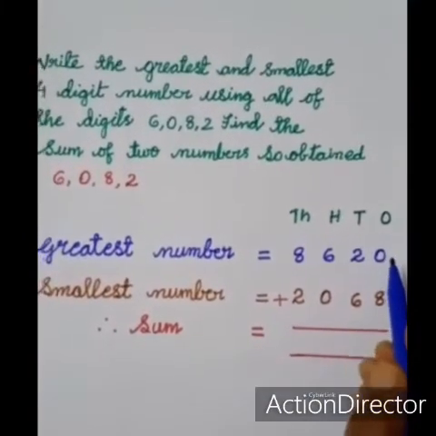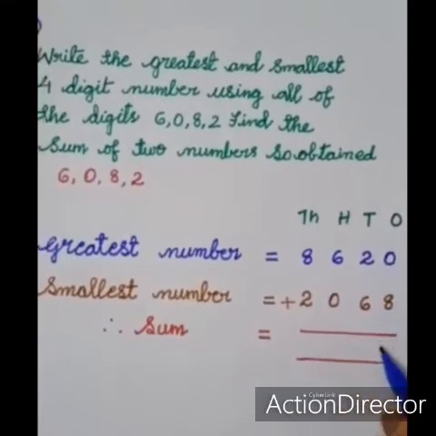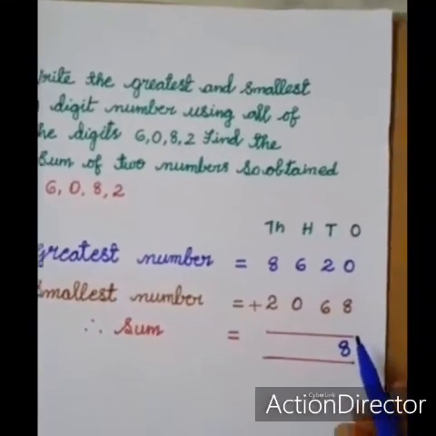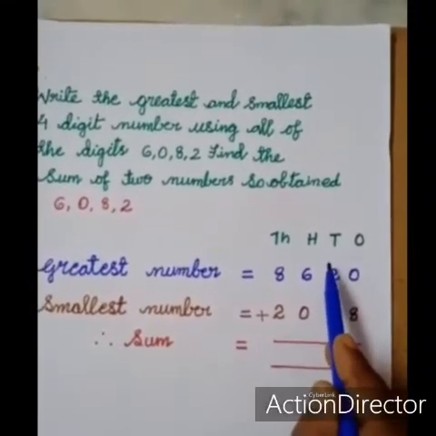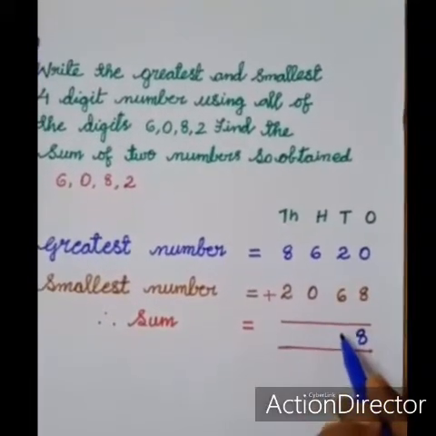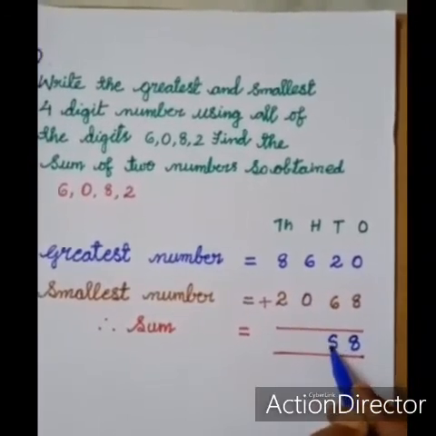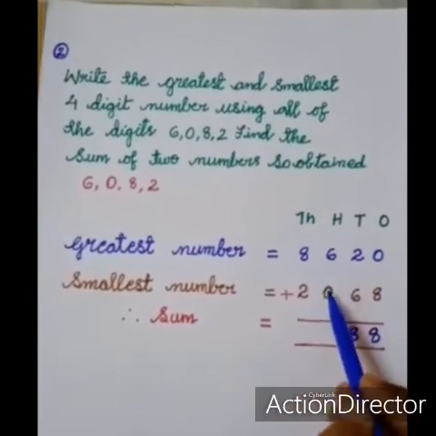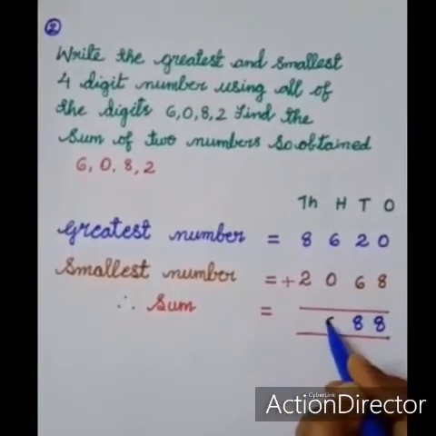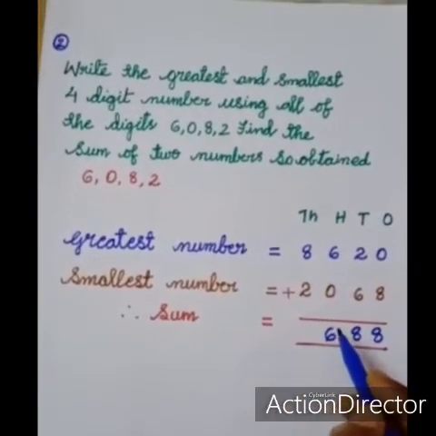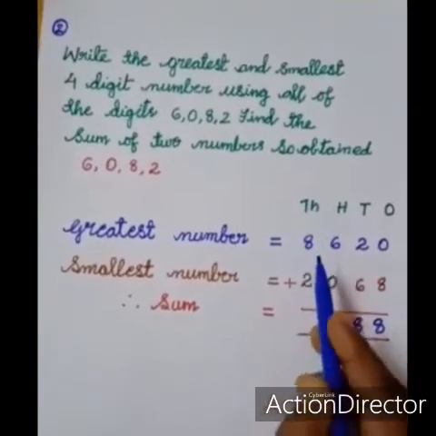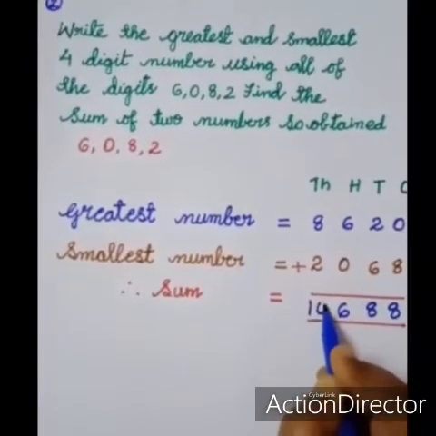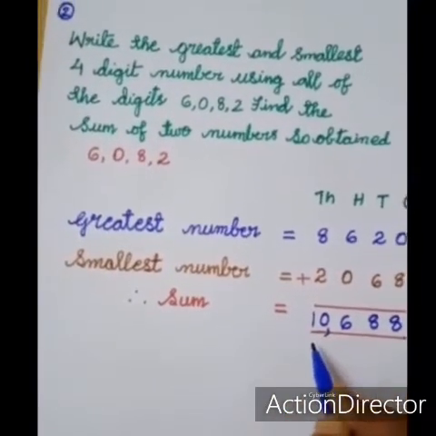Now we add from ones place. 0 plus 8 is 8. Write 8 under ones place. Now we add tens. 2 plus 6 is 8. Write 8 under tens place. Now we add hundreds. 6 plus 0 is 6. Write 6 under hundreds place. Now we add thousands. 8 plus 2 is 10. Therefore, sum is equal to